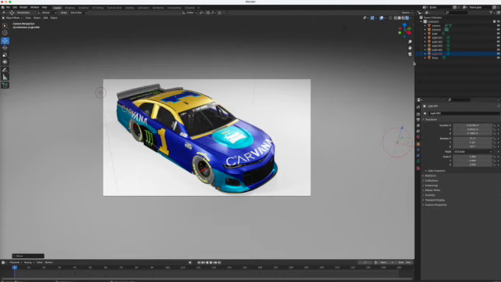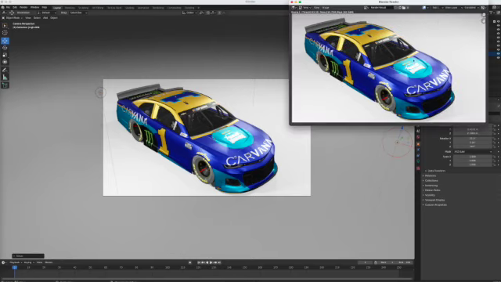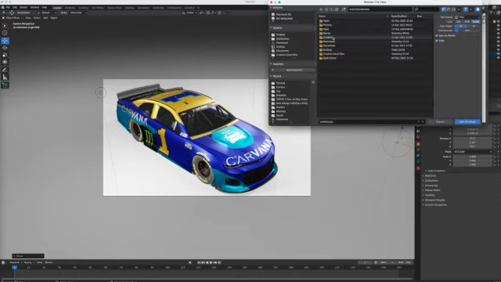So now that we have my camera set up, I'm gonna go ahead on my keyboard and press function F12, and you see that's gonna start to render and take a photograph, and there it is. So it shows you this photograph, and this is what your photograph of your rendered car looks like. So you're going to click this image, and you're going to save as,